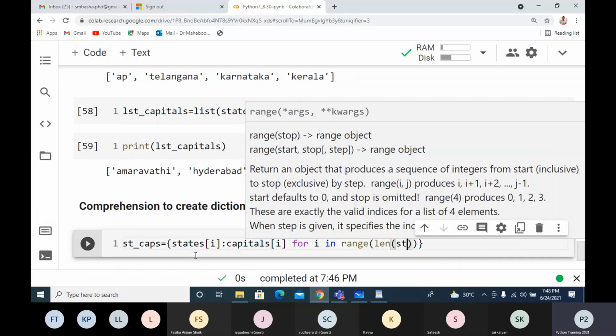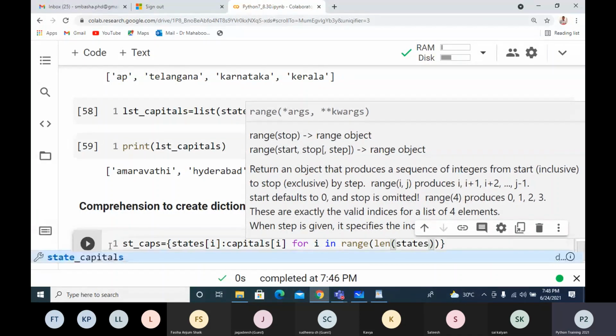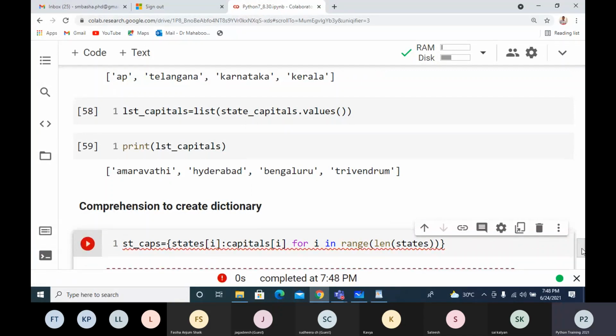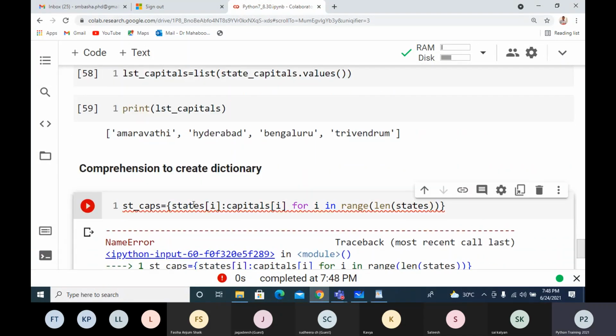So this way also I can create. This is one way. So I'm using comprehension. Somewhere some mistake. So what it is, states is not defined. Sorry, LST. I have to write LST states.